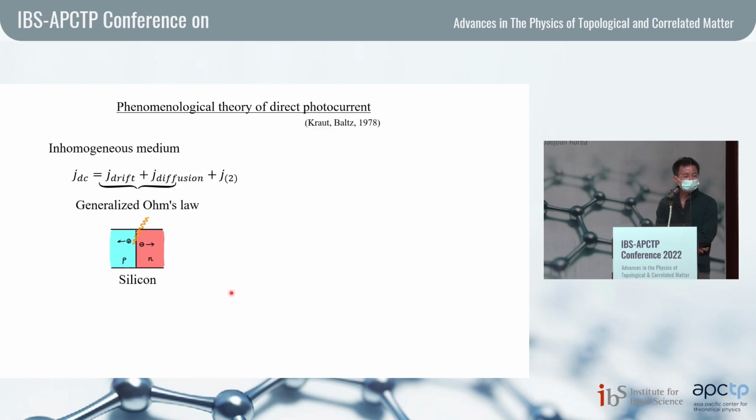I'll briefly review the phenomenological theory of the direct photocurrent by Kraut and Baltz. First I'll present what the current looks like in an inhomogeneous medium. We can separate the current into 3 terms. There's a drift term, a diffusion term. These two you can combine into a so-called generalized Ohm's law, which you might be familiar with if you studied